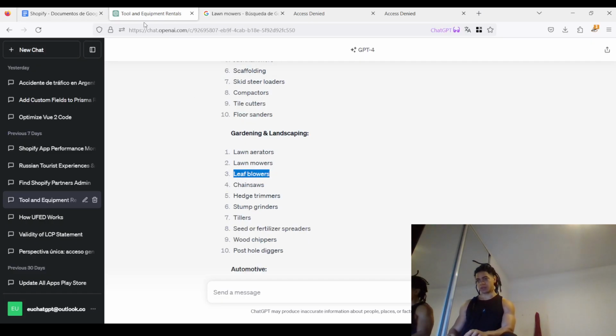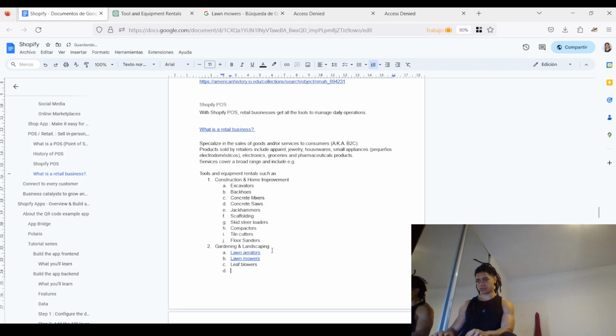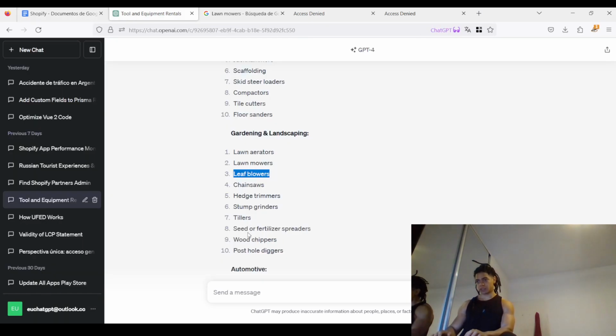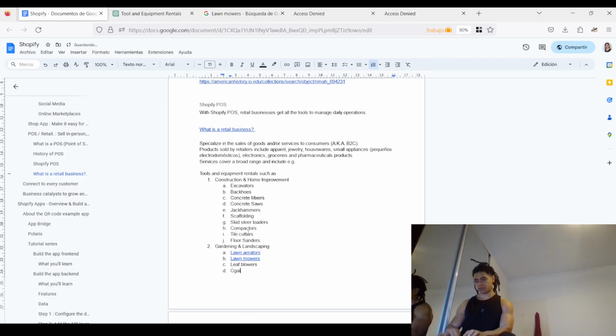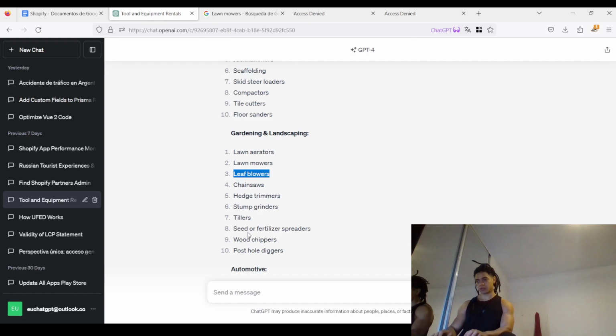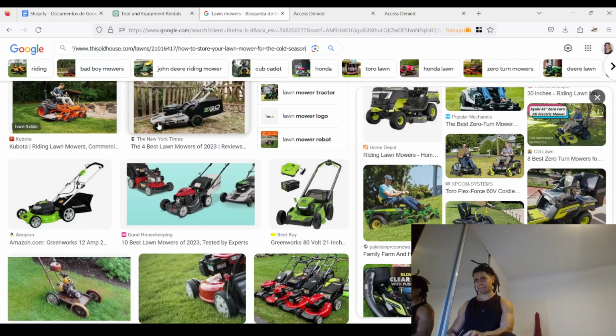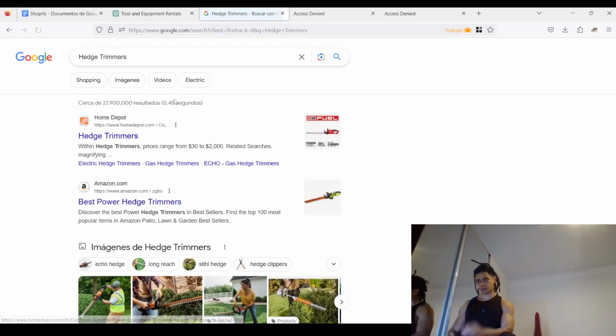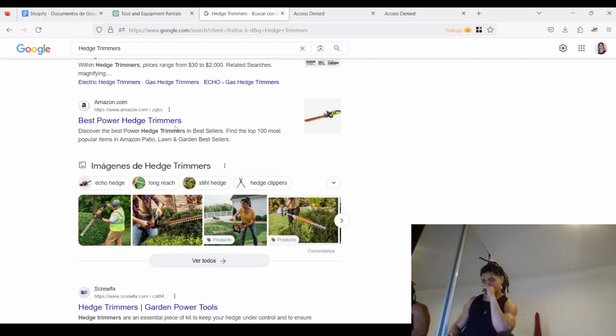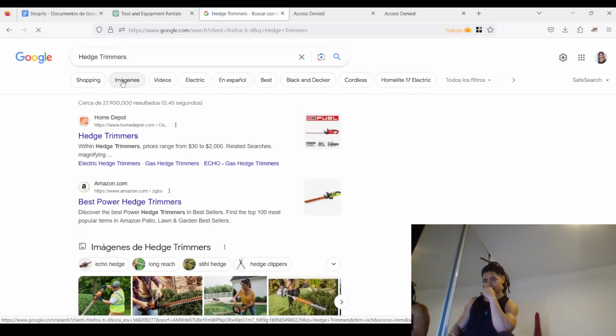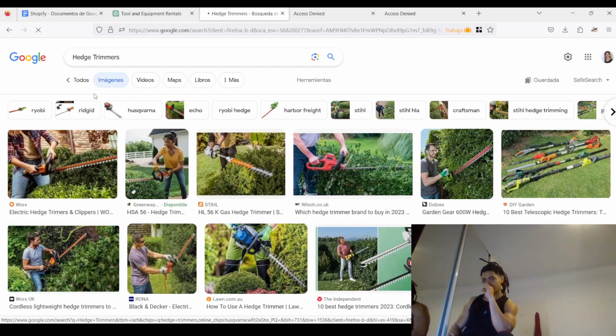Leaf blowers. Okay. Leaf blowers. Chainsaw. Hedge trimmer. What the hell is a hedge trimmer? All right. Hedge trimmers. Okay, in Spanish,